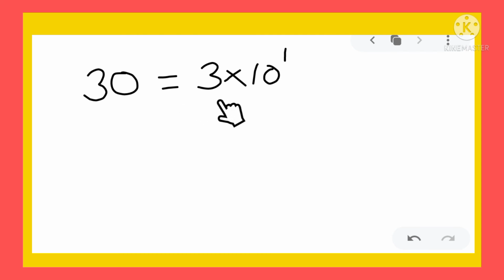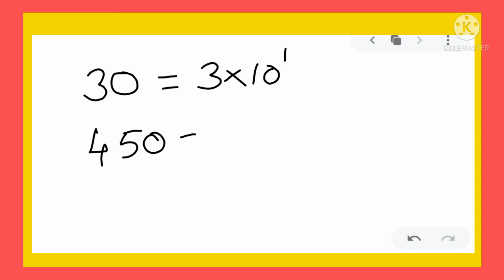If we are using a 2-digit number, that is 30, this is 3 into 10 raised to 1, since 3 is a number between 1 and 10, expressed as a power of 10. Another one,